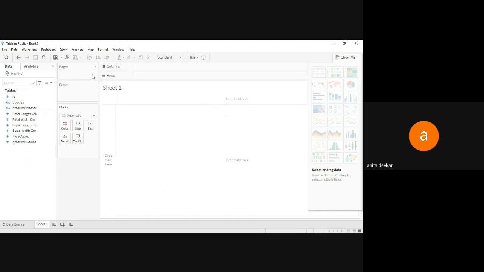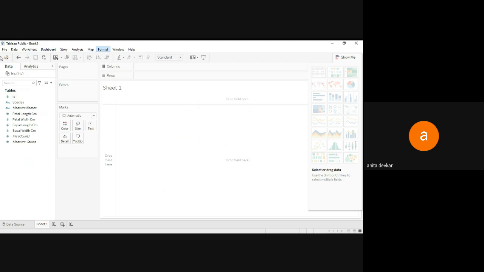At the top of this page, you can see we have some drop downs for the file, then the worksheet, then the data set, stories. So these are some menus that appear over here.